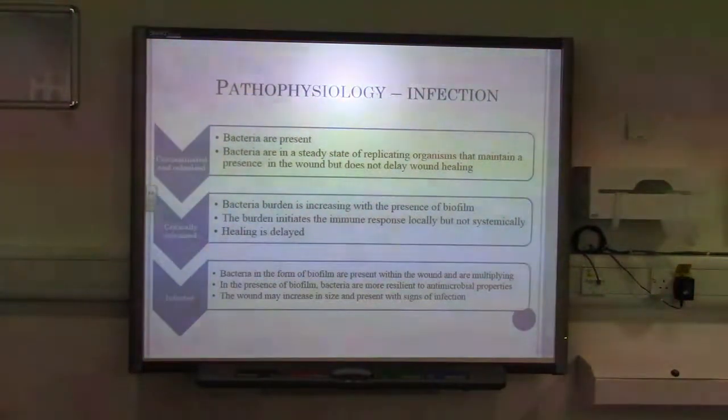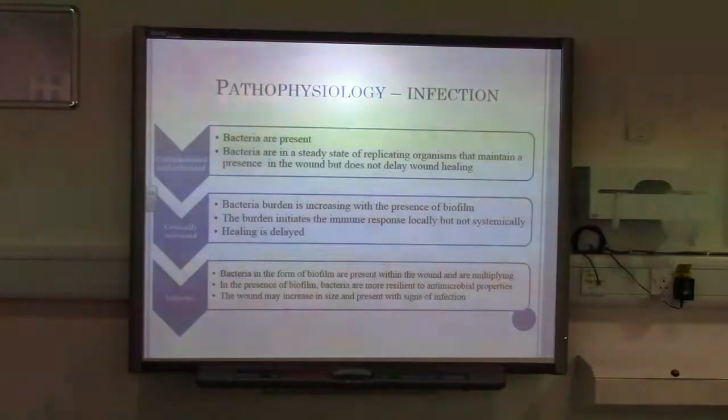So if there's reduced host susceptibility, then there'll be an increased infection. If there's ischemia and hypoxia, there's going to be an increased risk of infection as well. And it's important at a clinical level to know what's deemed to be contaminated, colonised, critically colonised, or infection. And this can often be very difficult to detect, especially in those patients with diabetes where it may be infected, but the classic signs of infection aren't there,